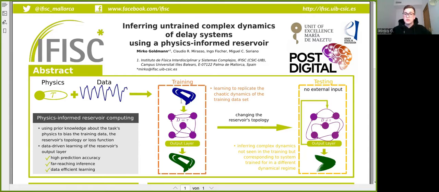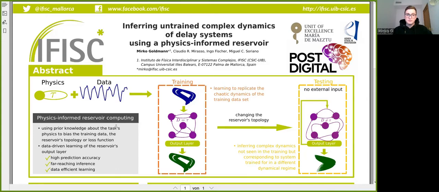We train with a chaotic attractor, and during the training, we learn to replicate the chaotic dynamics of the training data set. After having learned in the training, we go now to the testing. And in the testing, the network is decoupled from the external input, and it is driven by its own predictions. So it runs completely autonomously. When running autonomously, we can further detune this delay of the network, and then the system predicts complex dynamics